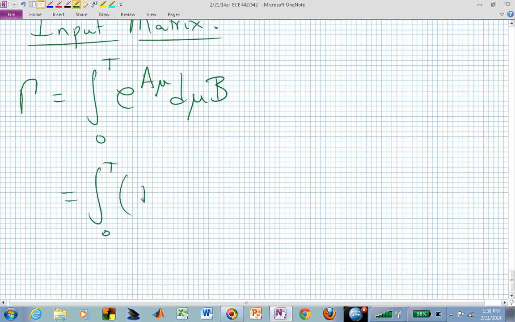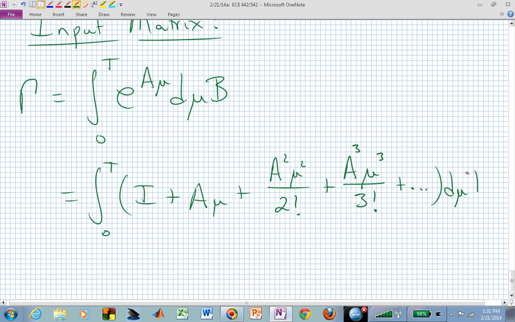It's just this series expansion of I plus A mu plus A squared mu squared over 2 factorial plus A cubed mu cubed over 3 factorial, etc.,